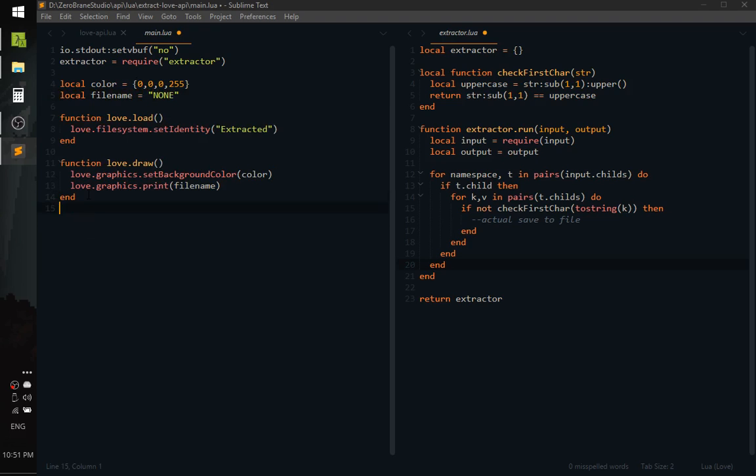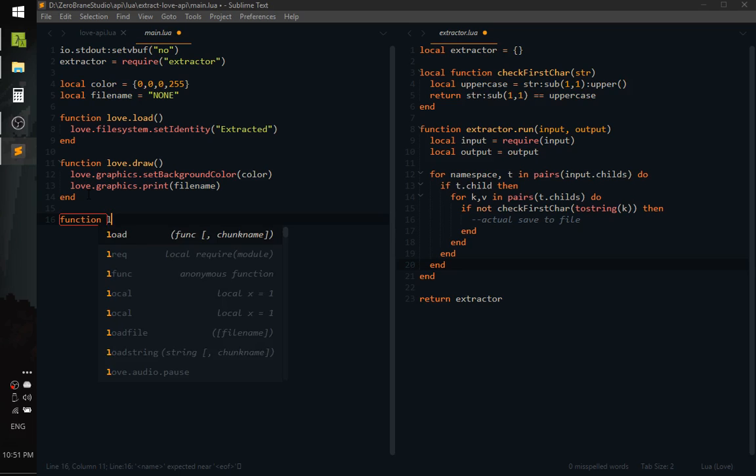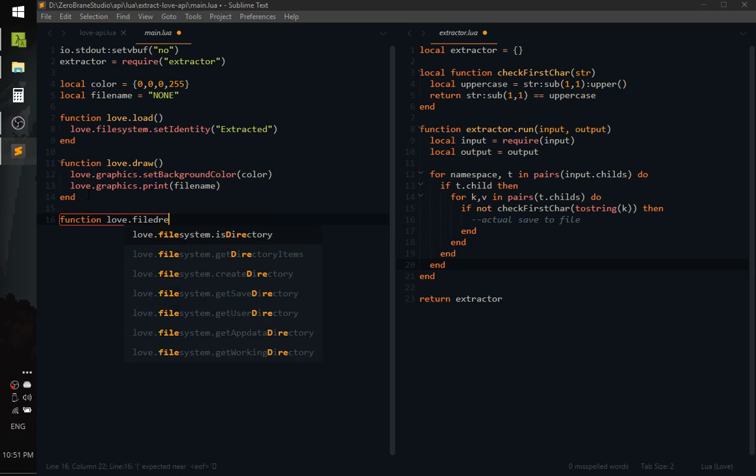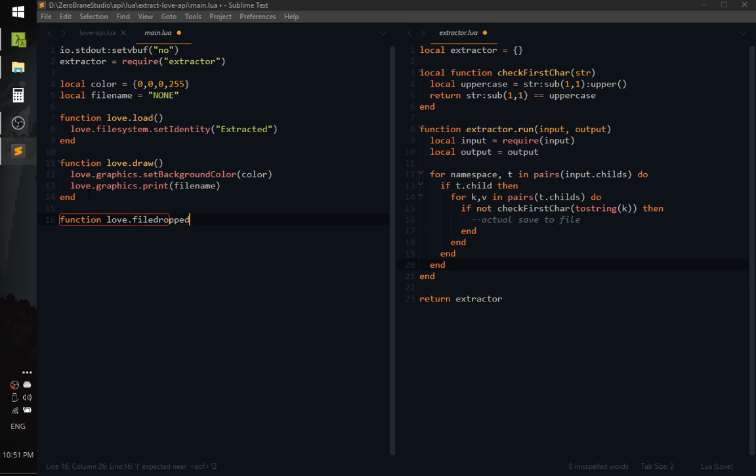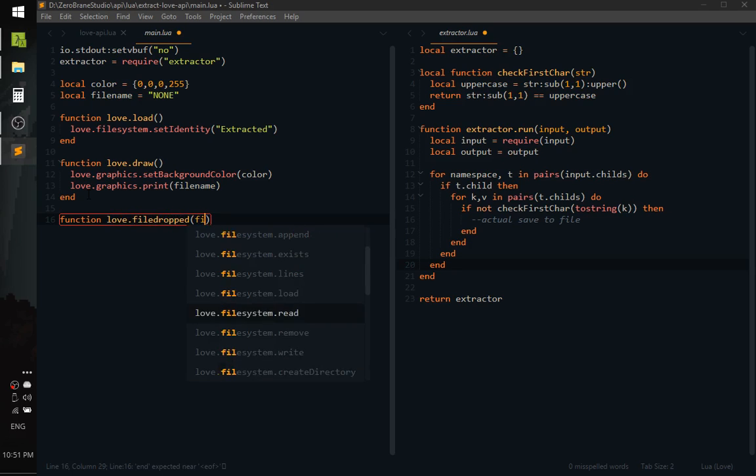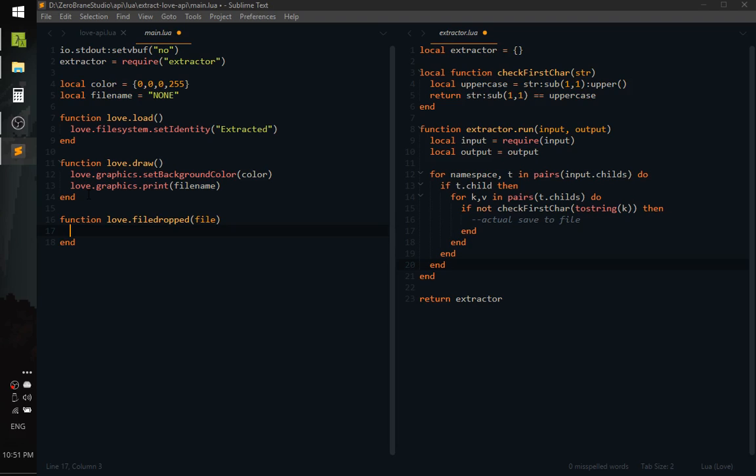Okay, so next we have love.filedropped. This is the handler for when a file is dropped into the LÖVE window. So when we drop something, we want to change the color, so that will help us test this. And then we want file name to be equal to